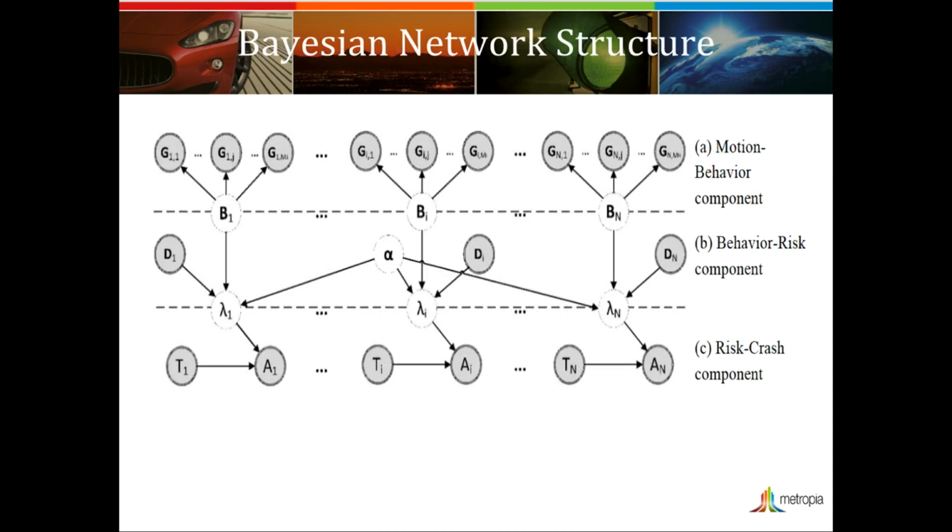The structure of the Bayesian network designed for this study is illustrated in the figure on the slide. The shaded nodes are observed information, including GPS level and driver level characteristics, as well as the self-reported number of crashes. The unshaded nodes are the hidden attributes, including driver behavior, driver crash risk, and the model coefficient representing the relationship between driving behavior and crash risk. The arcs and hidden nodes link all of the observed information together to construct a complete BN model. From training a Bayesian network model, the posterior distribution of hidden nodes can be learned.